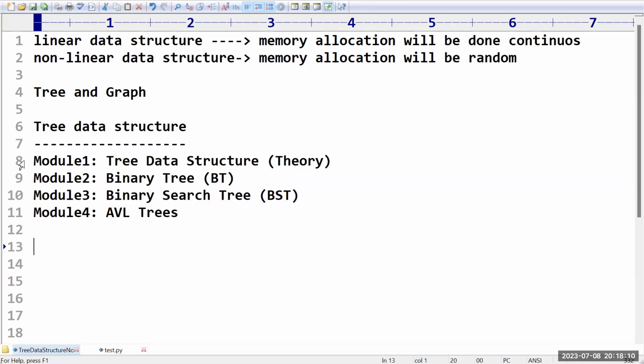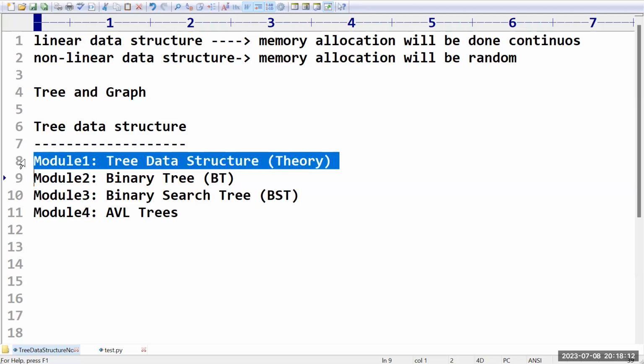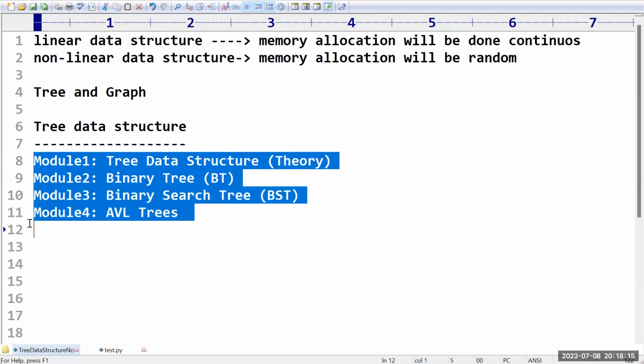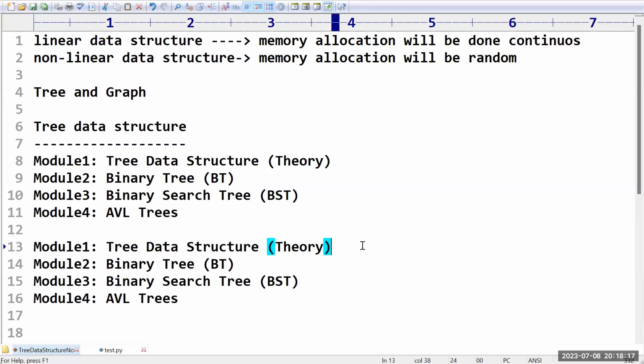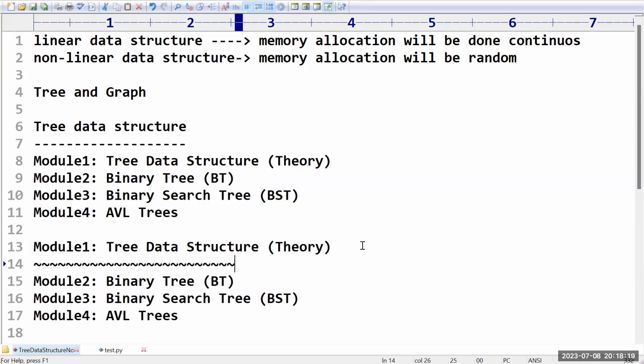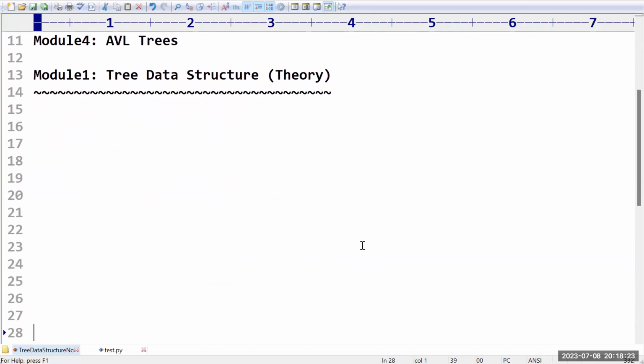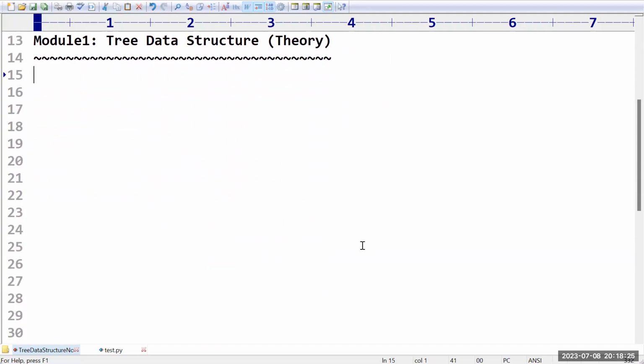Sir, you may feel bored for the first part, but please make sure it is very easy. You need to put in some more concentration. So completely theory part will be there here. You are going to study in detail information about this tree data structure. First point, as we discussed already, it is a non-linear